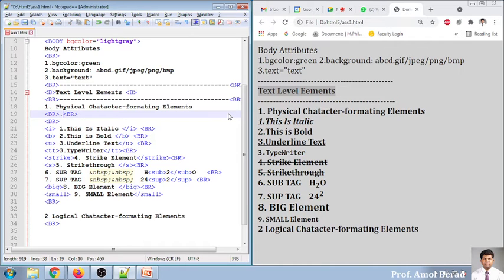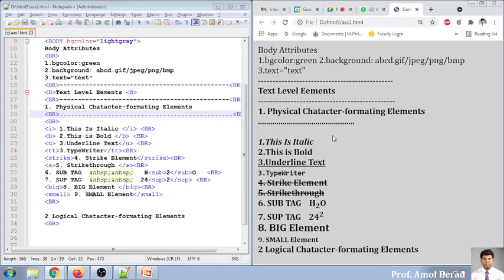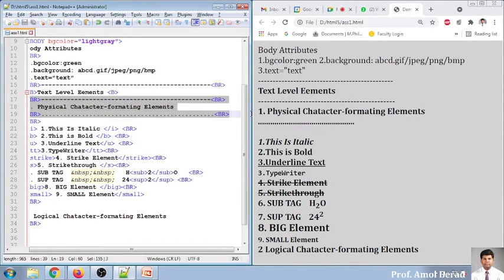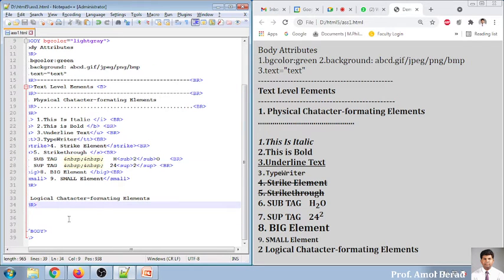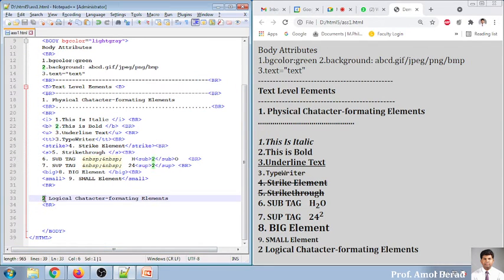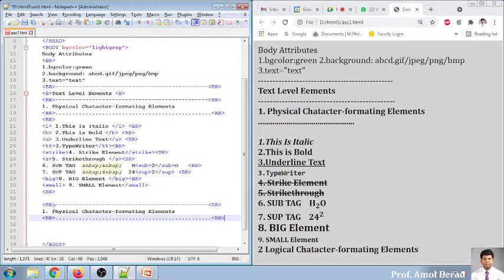I use another symbol. So physical character format elements, and now logical format elements. I'm copying this name and pasting it over.